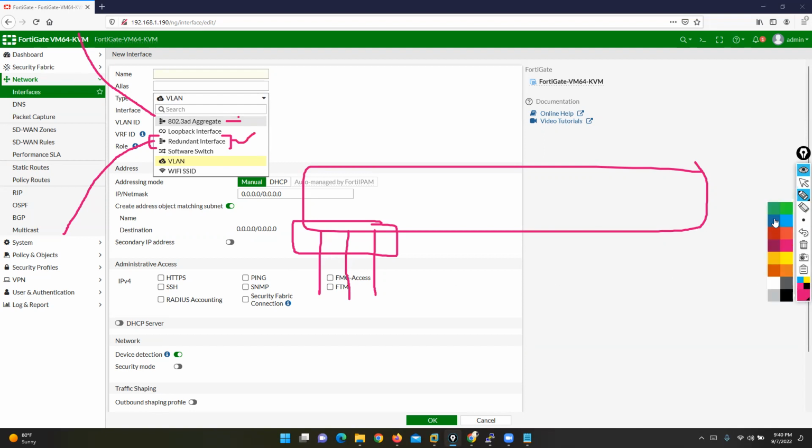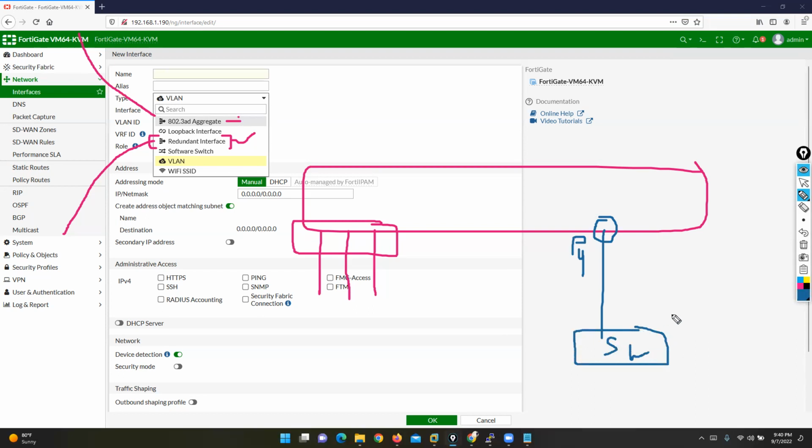So for example, we are using a port, for example, port number 4. Port number 4 is configured properly. Everything is configured: IP address, alias, services, everything working fine. And this port is connected with a switch, for example. So everything is working fine. Traffic is traveling via this port, no problem. Now,